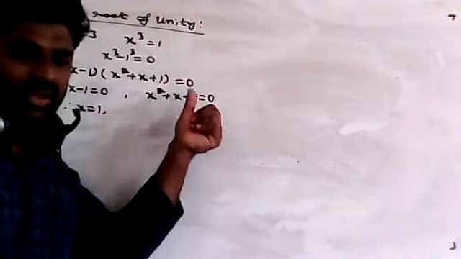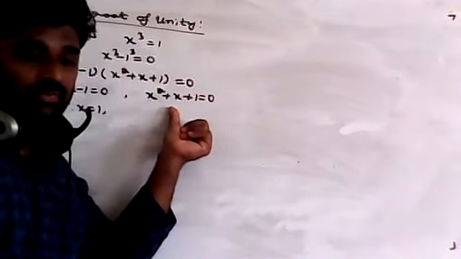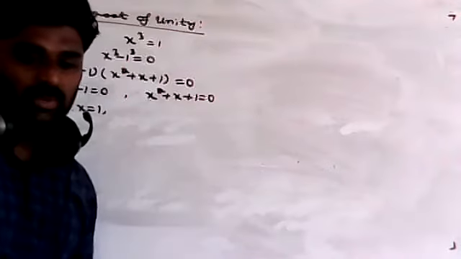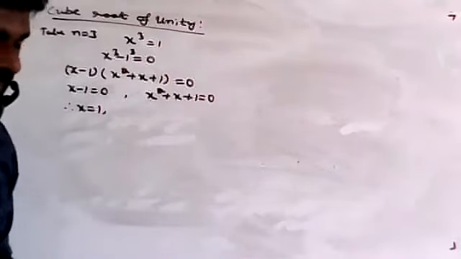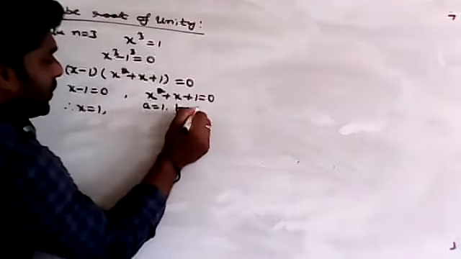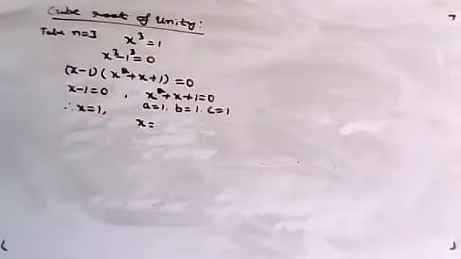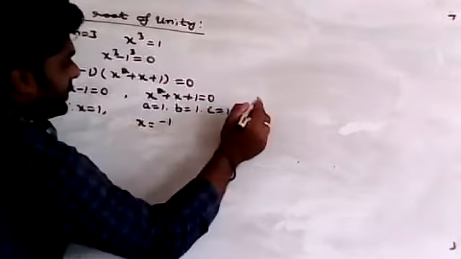Okay. If I solve by multiplying the last and the first value, no, I'll not get it; if I do the addition and subtraction, I'll not get the x value. So which method do we have to move to now? So a is equal to 1, b is equal to 1, c is equal to 1. So x equal to what? X equal to what? Minus 1. This is the formula, no?